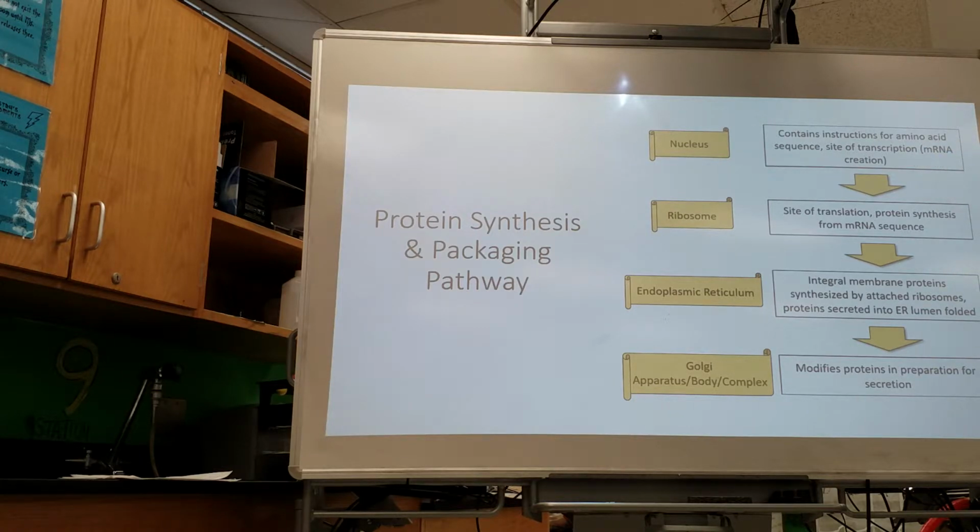So in the nucleus, that's where you have your mRNA made. That's transcription, and it's going to then send the mRNA out to the cytoplasm. This can be a ribosome that's attached to the rough endoplasmic reticulum. That's where you're going to make a protein from that mRNA. That's translation. Then, if the ribosome is stuck to the endoplasmic reticulum, that can be an integral membrane protein,